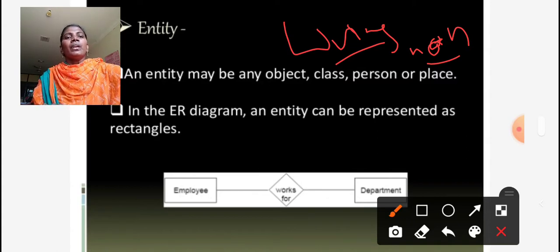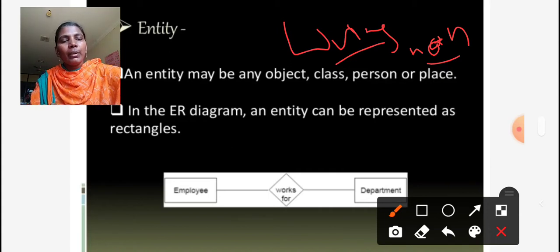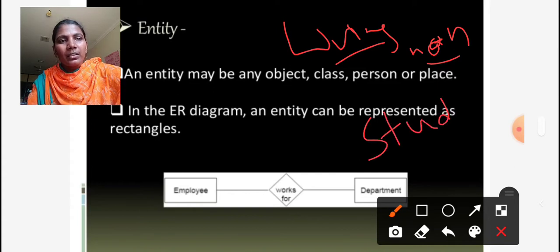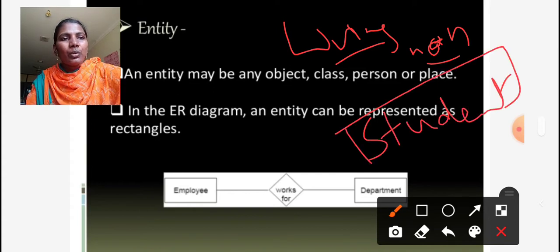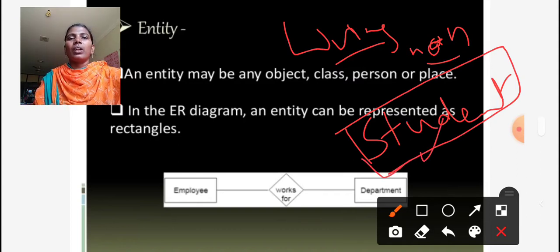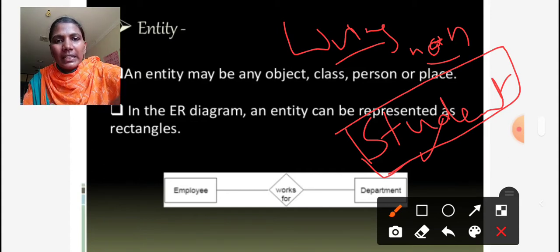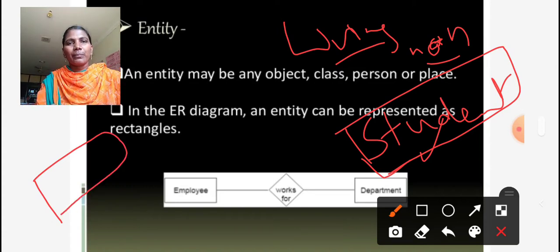If we want to store the student table in memory or in the database, student is the name of the database, so the name of the database itself is called an entity. The entity is displayed or represented with the help of a rectangle symbol, a box. In the entity, the name of the database is displayed as text.